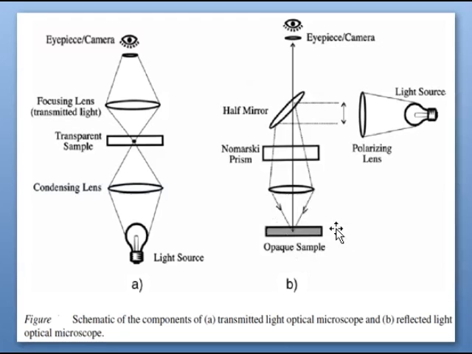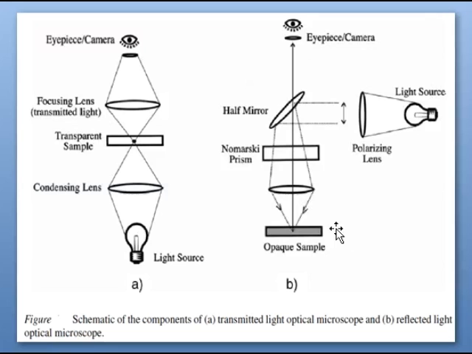The schematic in front of you in this video shows the optical microscope, where two kinds of phenomena are occurring here. The first one is the transmitted light optical microscope, and the second one is the reflected light optical microscope. First we'll discuss the first one. Basically, the first kind of microscope is generally used for specimens where light can be transmitted through them.